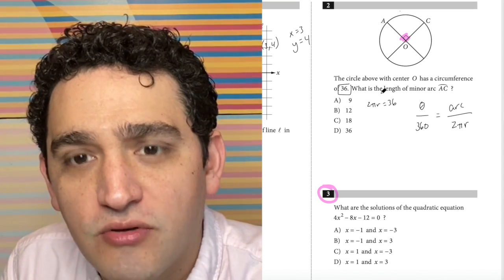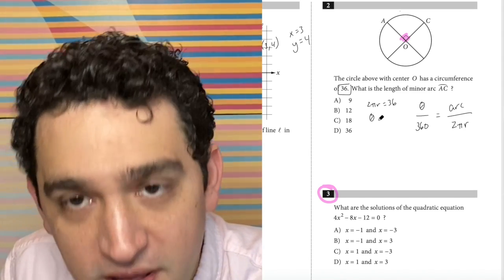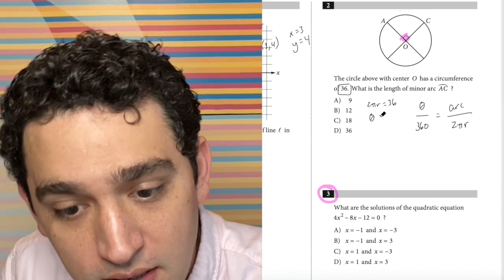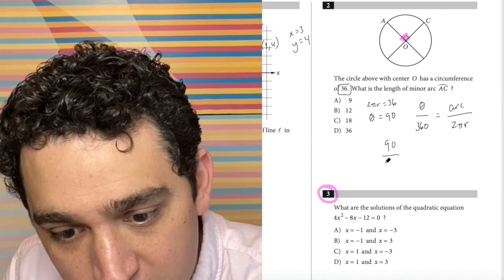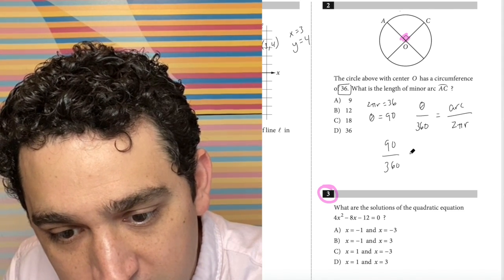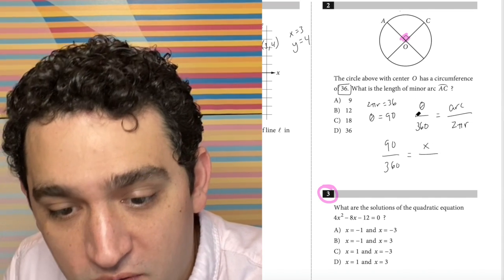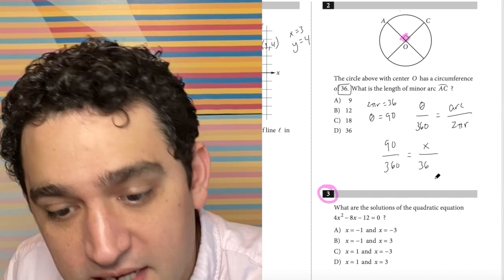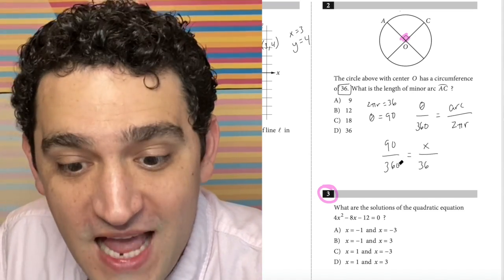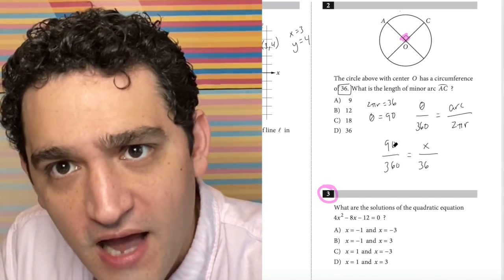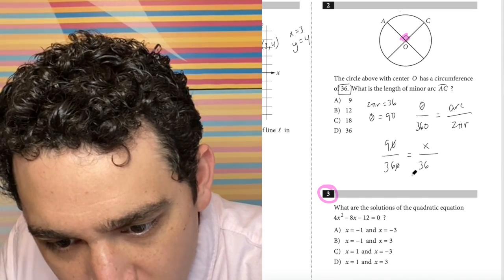And we know this central angle here is 90 because it's a right angle. So theta, which is the variable for angle, is 90. Let's plug that in. 90 in for theta over 360 equals arc, which we'll call x, what we want, over 2 pi r, 36. This will be easy if we just cancel out a factor of 10 from the left side. Divide both top and bottom by 10. We get 9 over 36